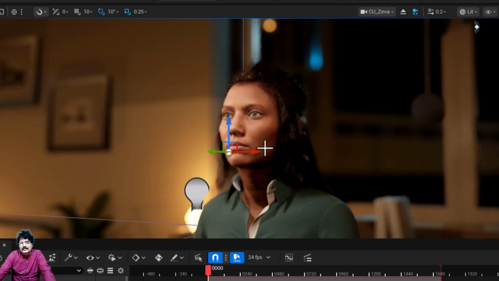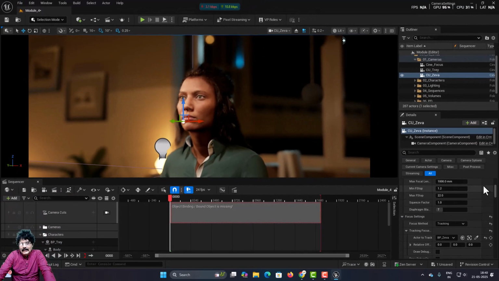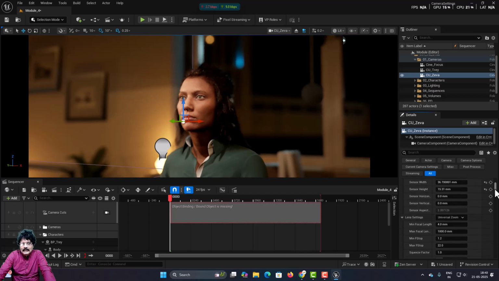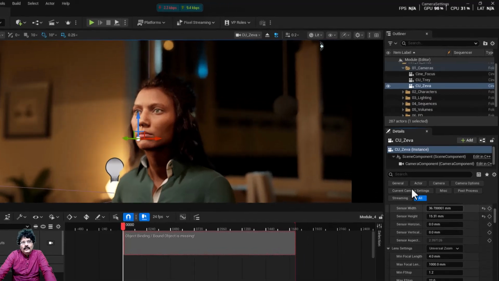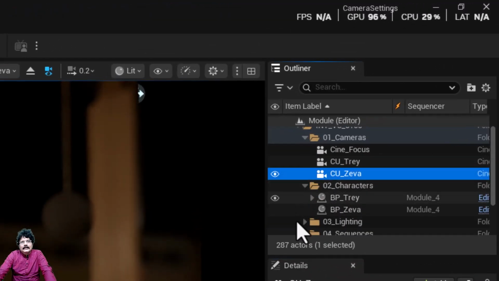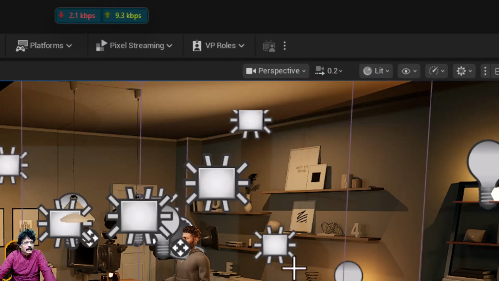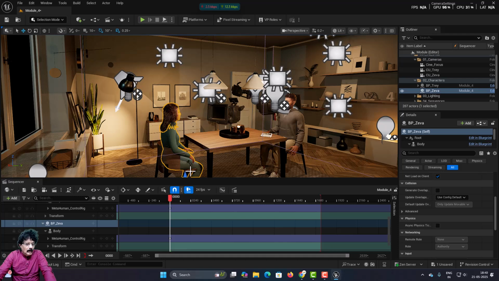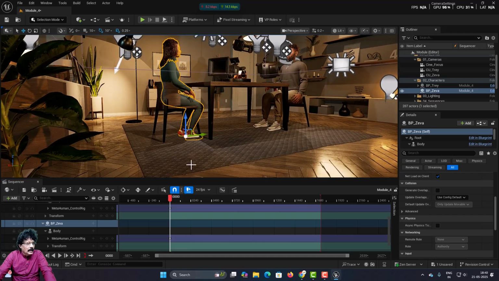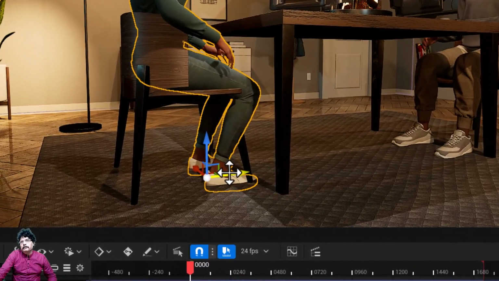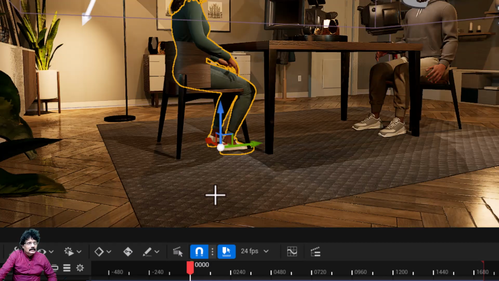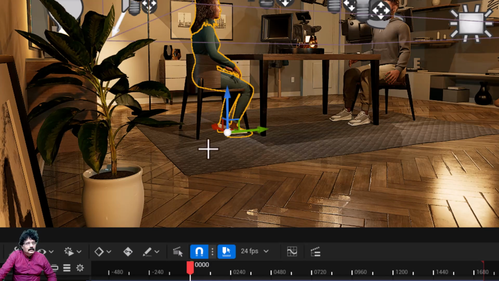The reason for this is, see now when you enable tracking, this tracking will always track to the origin point of your character. Say for example, if I come here into character and select BP_Zeva, eject the camera, come into perspective view, and middle mouse click, pan down and I will show it to you. See the origin point of this object is at the shoes here. So, when you set the camera to focus, the camera is not focusing to the face,